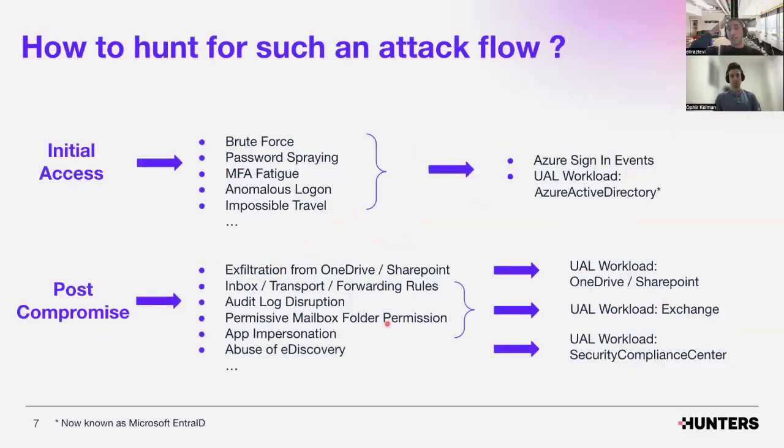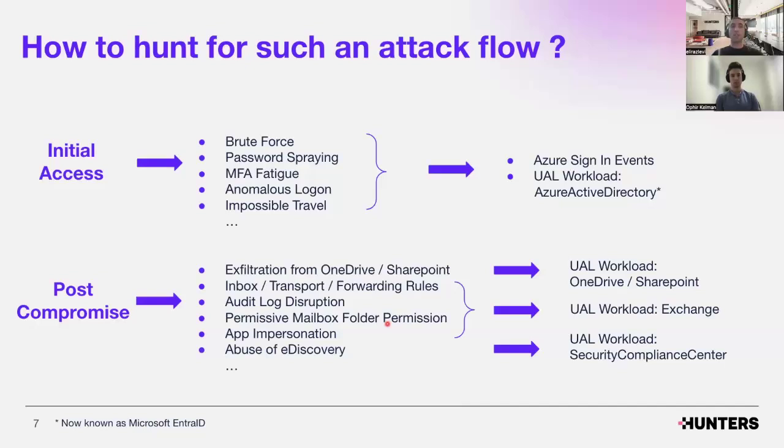So how can we hunt for such an attack flow? We can divide this attack flow into two phases. The first phase is the initial access: how we gain control over user accounts, and by that receive access to their mailboxes. The second phase is the post-compromise. What are we going to do after we gain such access, and how are we going to change settings and gain persistency? There are different ways to hunt for both